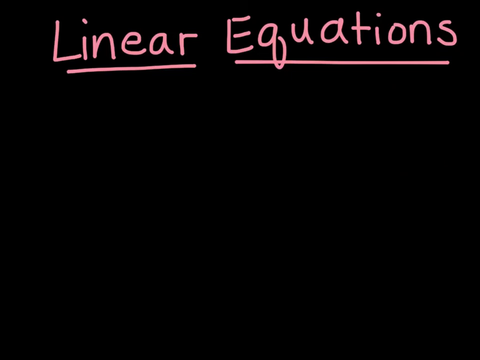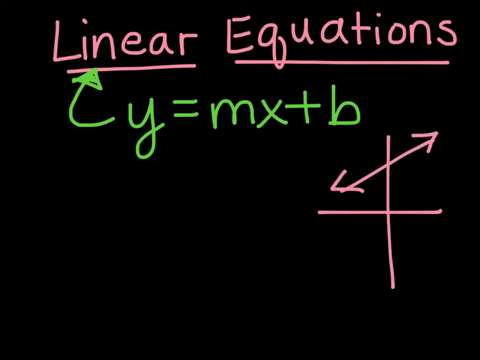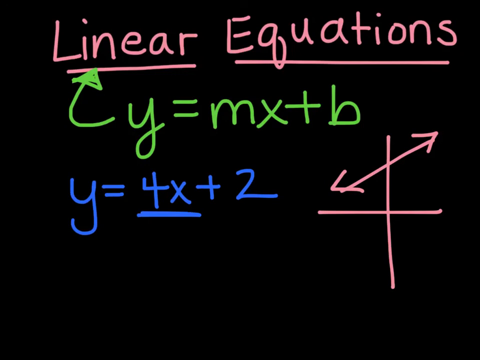So all of these equations that we have been writing in slope-intercept form and solving for y, so y equals mx plus b, when you graph them, these are all going to make a linear equation. Now, a linear equation is an equation that when you graph it, it makes a straight line. So every single one that we've done so far, like y equals 4x plus 2, when we solve it for y and it just has a normal number times x and then the y-intercept,